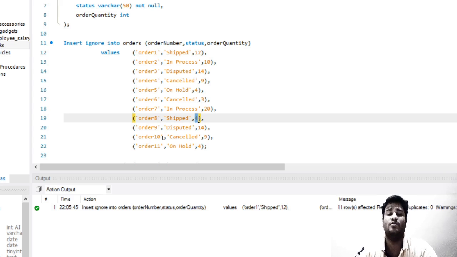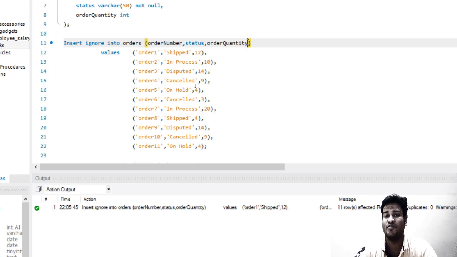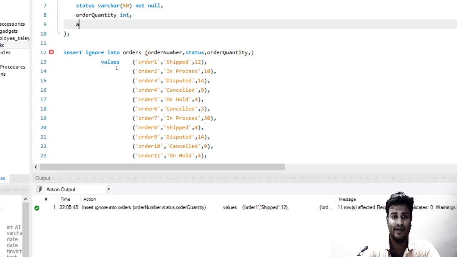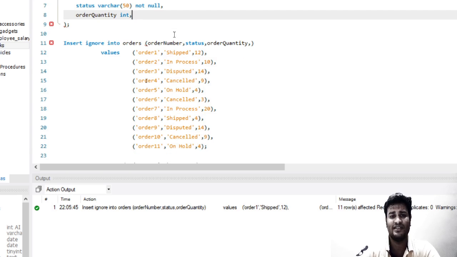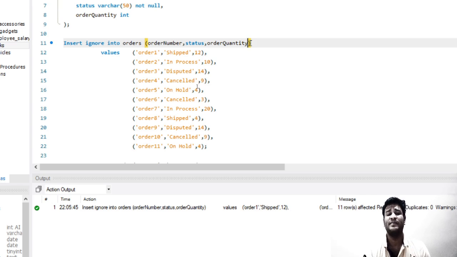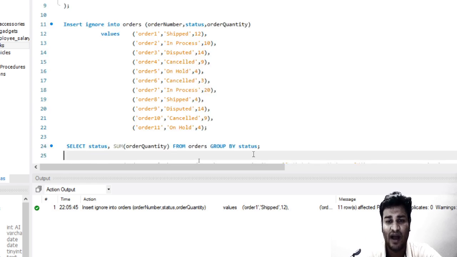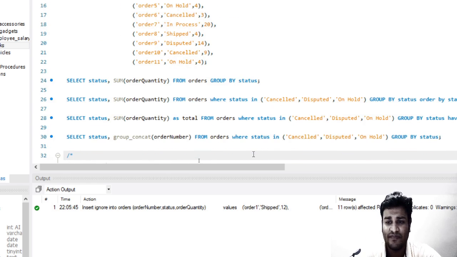And let's also assume these records are only for this month. So obviously there should be a date column here, and when fetching, you should use a WHERE clause where the date is between two dates. But we are not studying the WHERE clause here; we have already studied it. We are studying GROUP BY. So what exactly is GROUP BY? Let us do it practically.